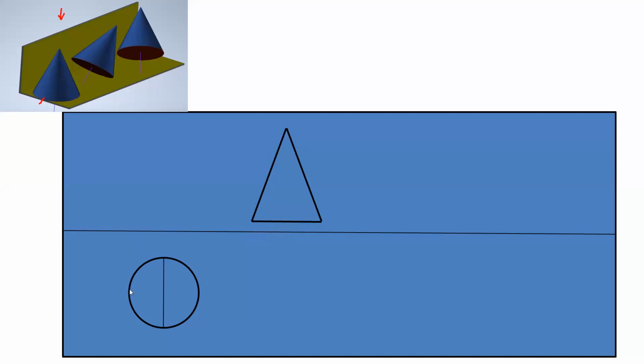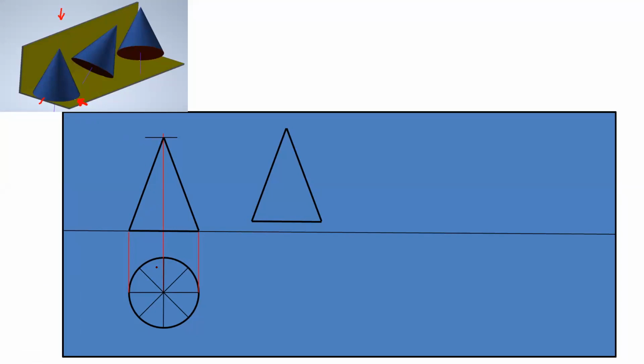Now take the projections on the vertical plane so that we can draw the front view. I have taken the projections from the extreme points of that circle and one from the center point. On this line we have to mark the height, which is equal to 65 mm. Now complete the front view. If you observe from the front direction, the front view will be a triangle.